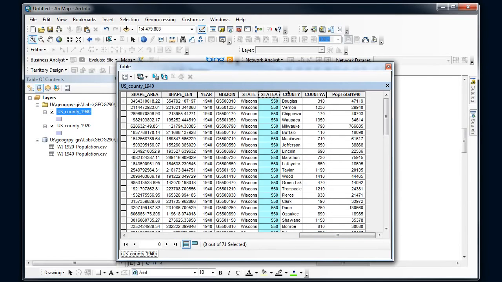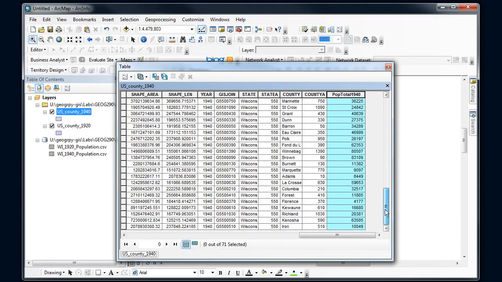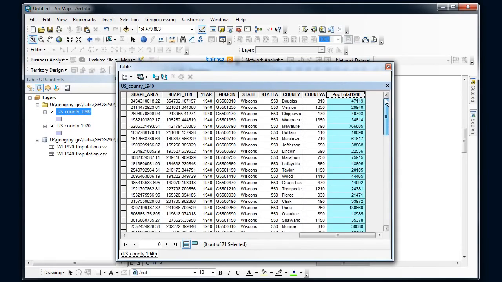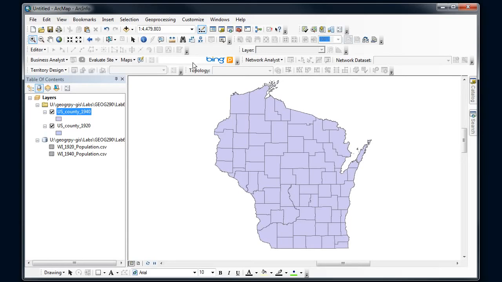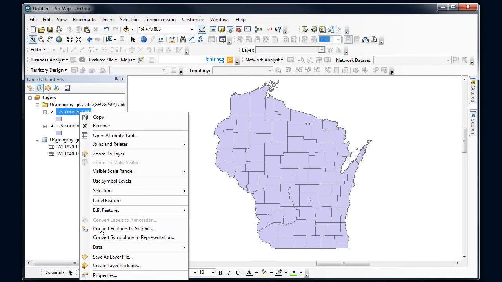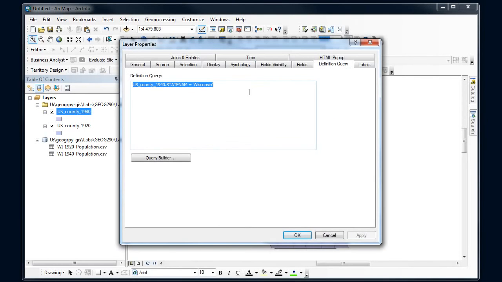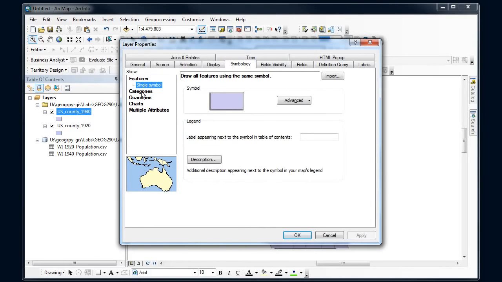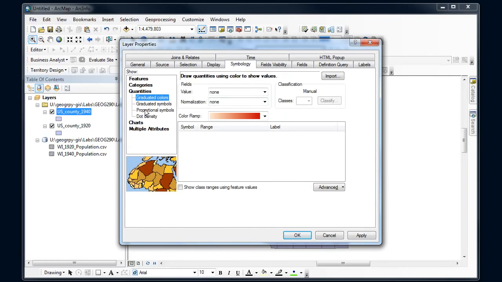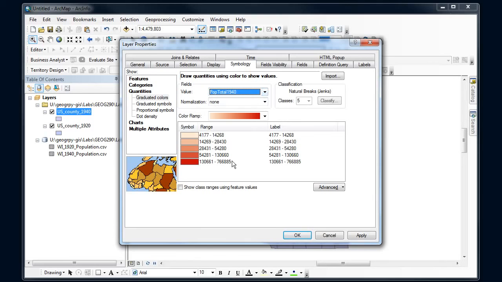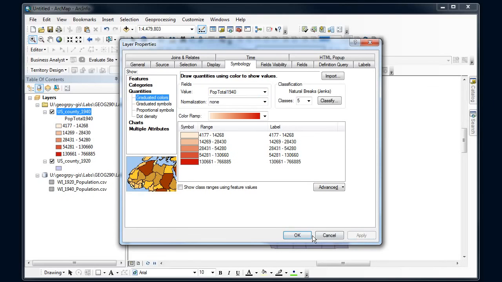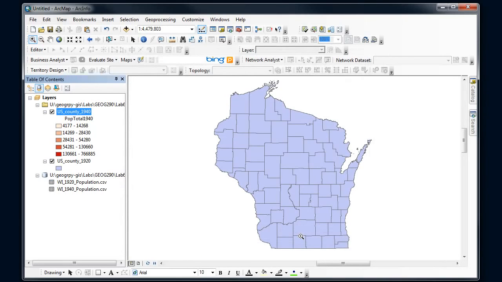And so here I can see a set of fields that were added that weren't there before, in particular my population one. And I can scroll through and look for any null values that might happen when it didn't match, if those GIS join fields weren't complete. And then for my final step here, I'll actually symbolize on this and go into symbology, Quantities, and select that as my way to symbolize this. Click apply, say OK,